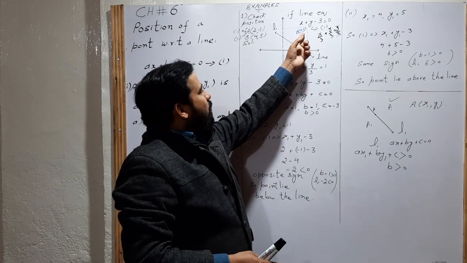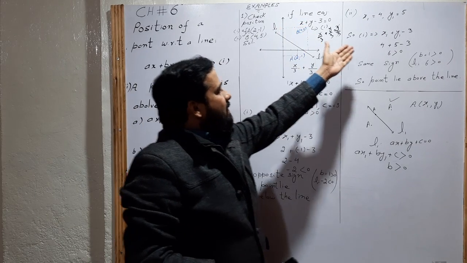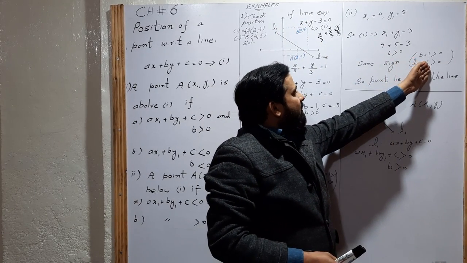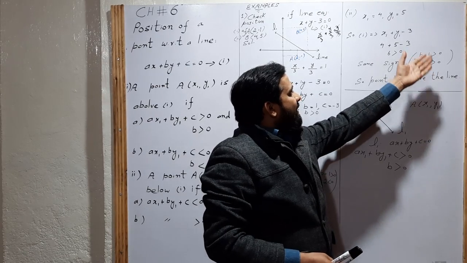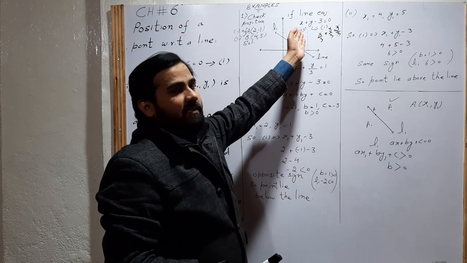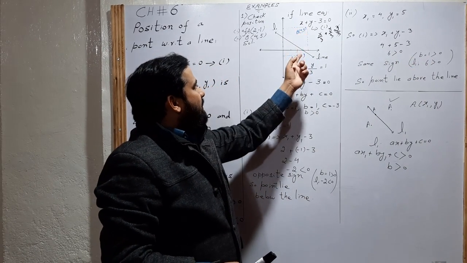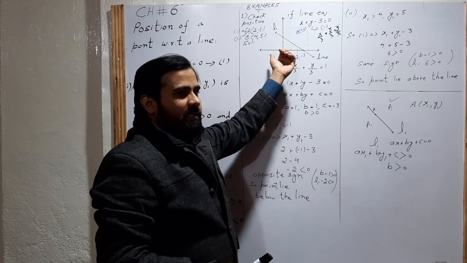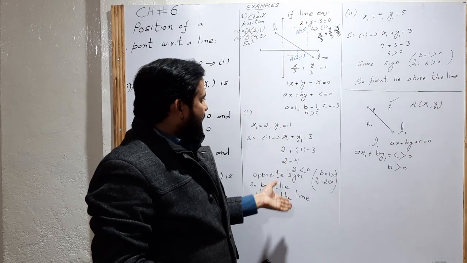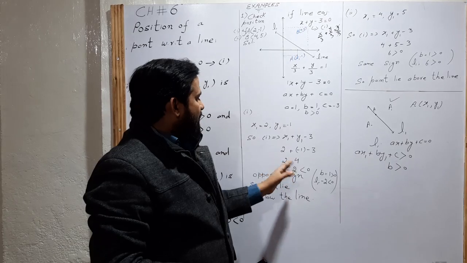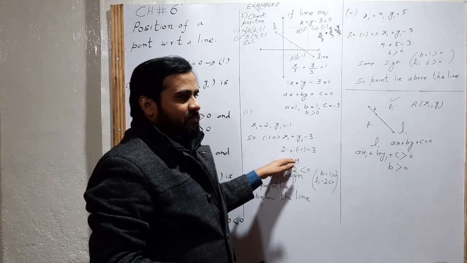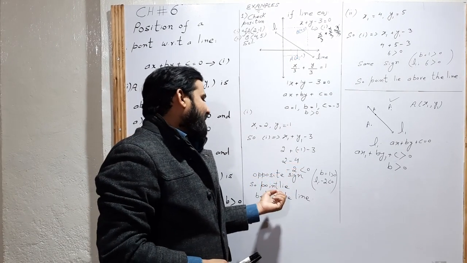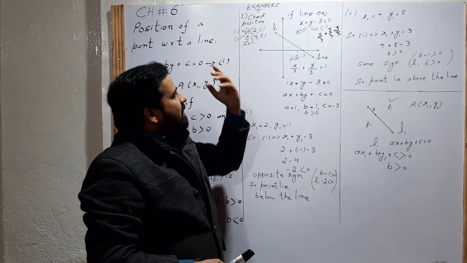In this case, (4, 5) is above the line, and clearly because b and the line give the same sign, it means greater than 0. So clearly in the graph the point lies above the line. But in this case the point is graphically below the line, and clearly by the method b is positive, but the line after putting the values of x1, y1 gives us negative, it means opposite sign, so the point is clearly below the line.